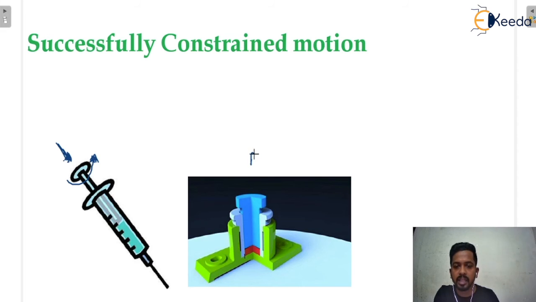You can see here another example, that is the foot step bearing. Basically you will study it in machine design. In the foot step bearing, you can see the shaft, and the shaft can reciprocate as well as rotate. Both motions are possible, but there is no use of the shaft reciprocating. If we want the shaft to reciprocate, there is no use of this bearing. The use of the foot step bearing is when the shaft is rotated. So we provide rotational motion intentionally because of the use of the foot step bearing.